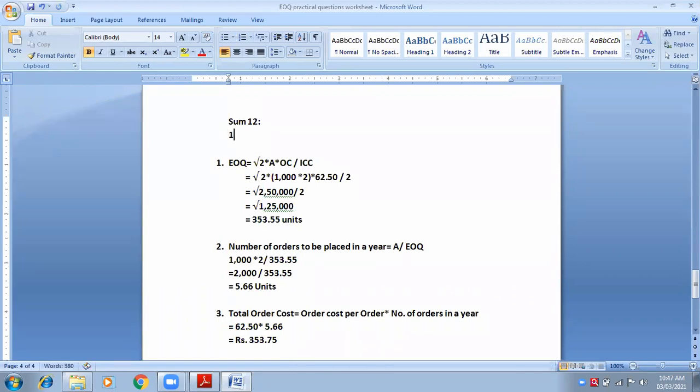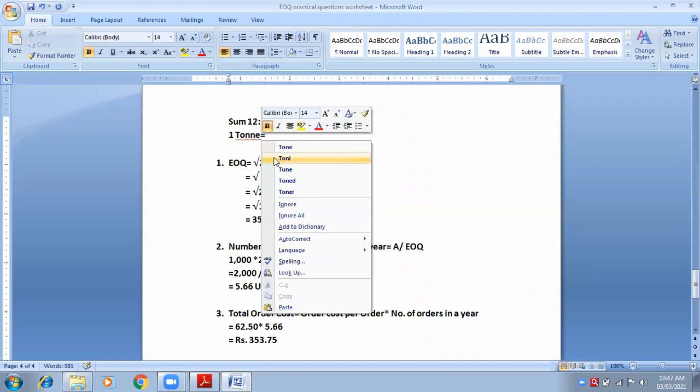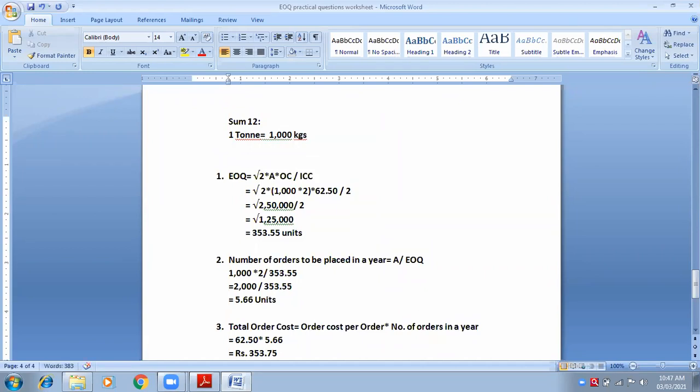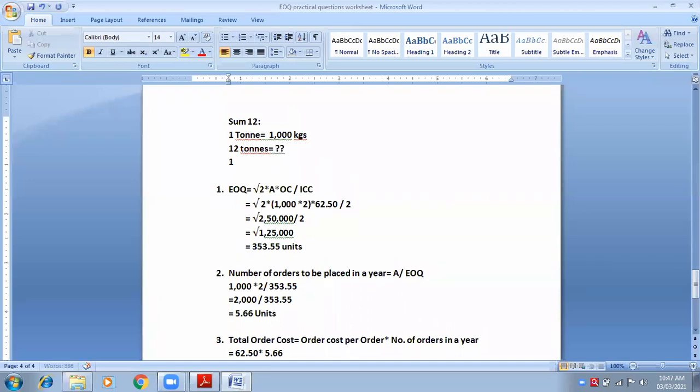So, one ton is equal to how many kgs? 1 ton is how many kgs? 1000 kgs. So here I will write 1000 kgs. If 1 ton is 1000 kgs, how much will it be for 12 tons? So the answer will be